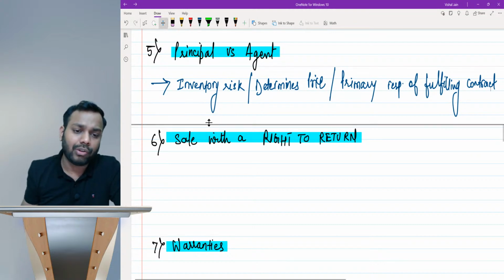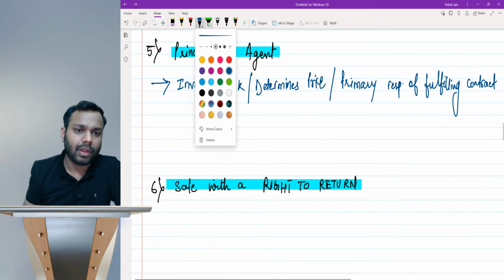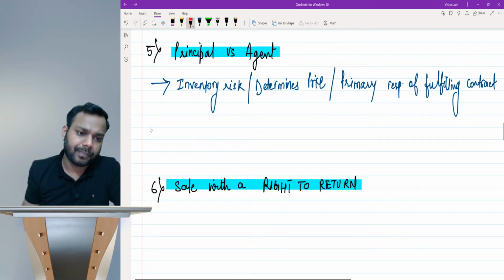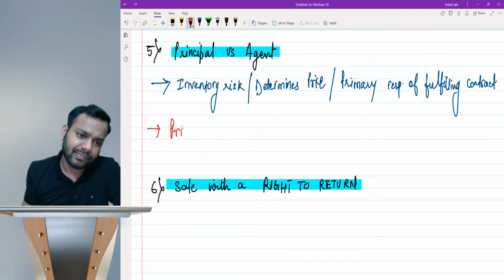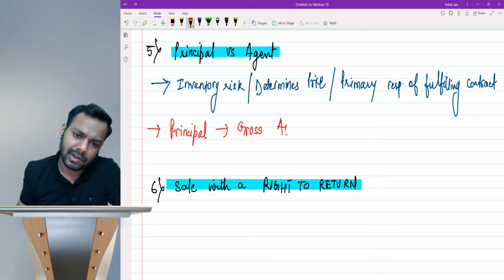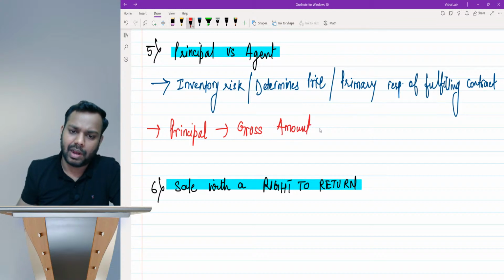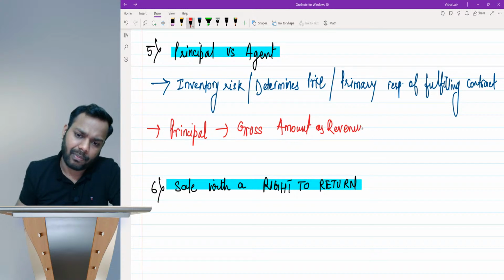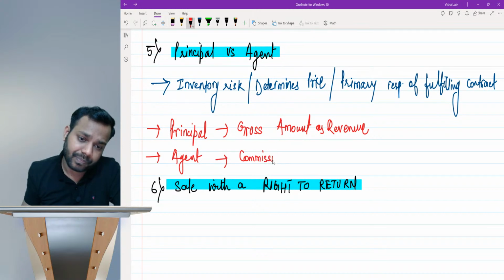So how does it differ? How does the revenue accounting differ? The principal recognizes the gross amount as revenue, and the agent recognizes only the commission amount as revenue,